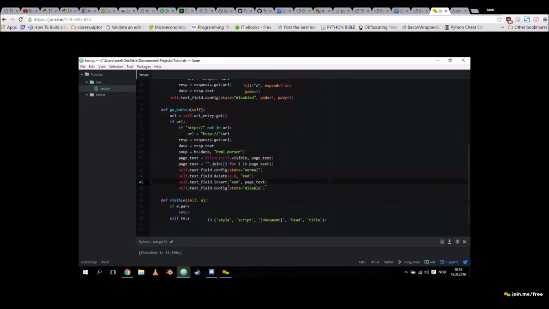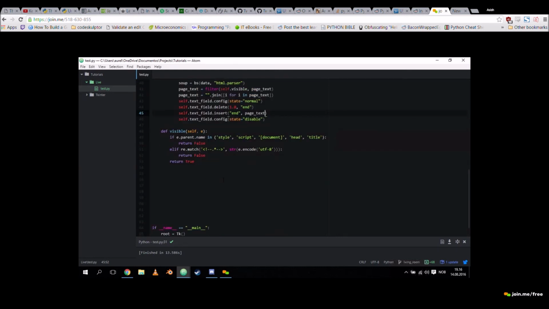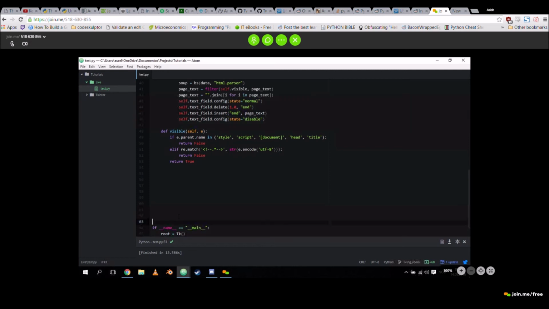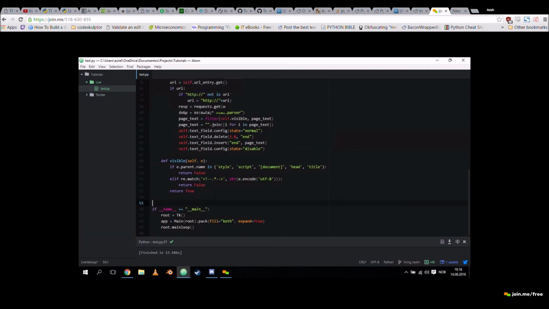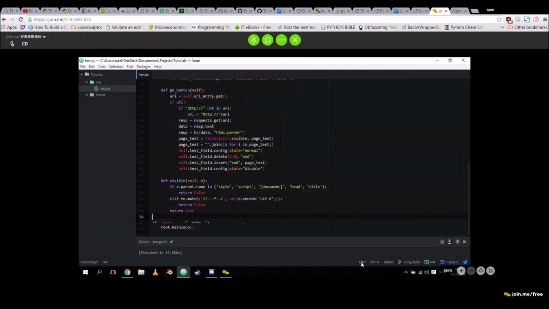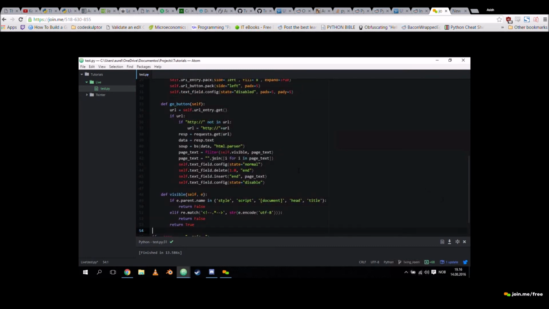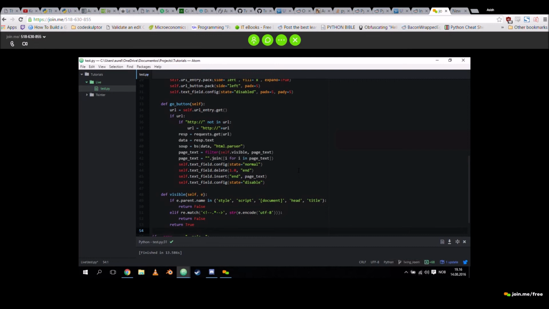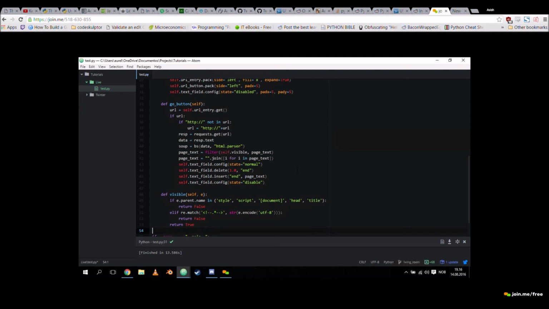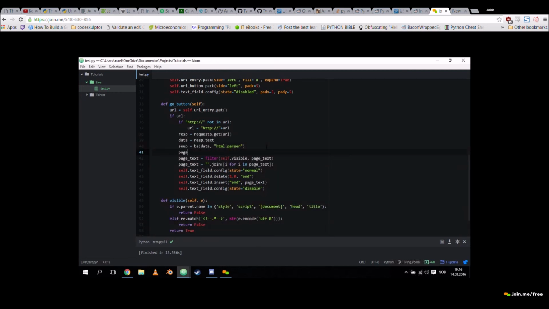Yo, so quick question for you, Exo. Yep. So on line 40, you have soup equals BS data HTML parser, right? Yep. So soup is still an object, and when you do your page text, are you going to pass in soup.getText, or are you just going to pass in soup? Yeah, you're right. I'm obviously missing a line. Thank you for catching that.